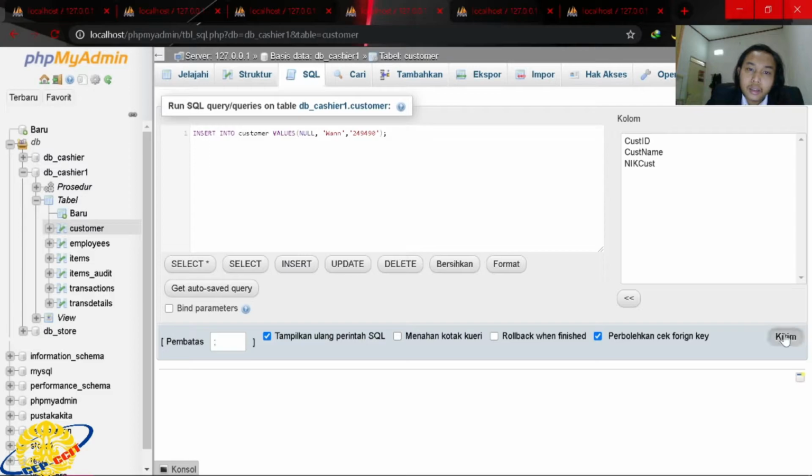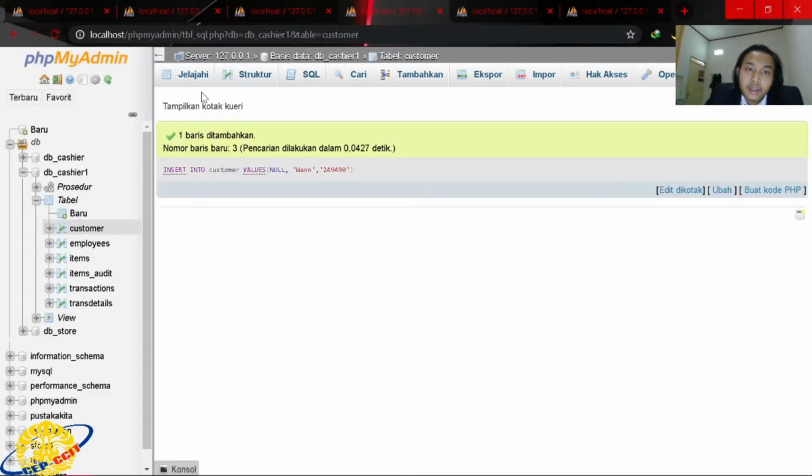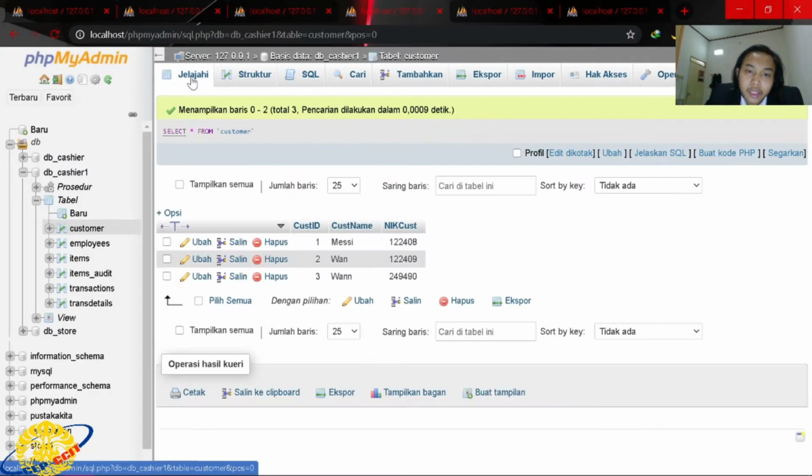Then we click send. If we want to see if it is successful, yeah, it's successful. Customer ID is 3, customer is 1 with double N, and this is the new customer.